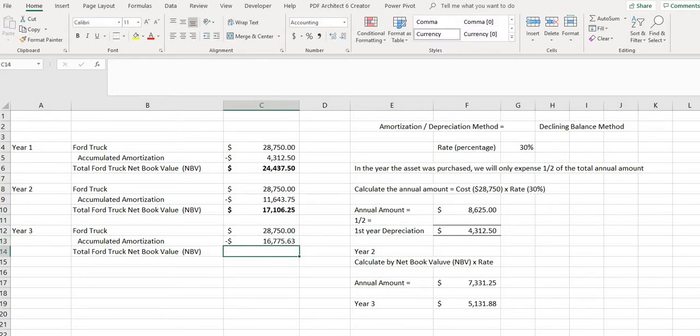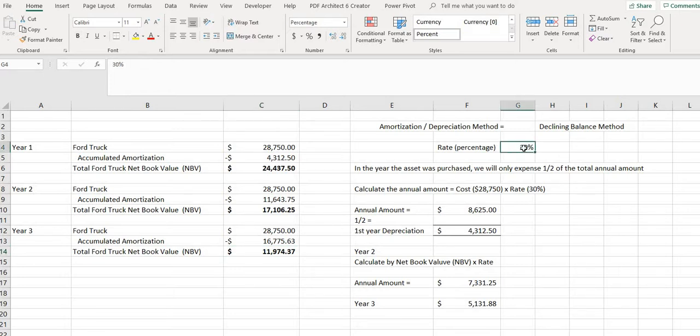Okay, so now in year 3, we have a total accumulated amortization of $16,775.63. And the amount remaining to be expensed, or amortized rather, on the truck, you'll see now is $11,974.37. So when we get into year 4, again, our depreciation expense will be calculated by taking the same 30%